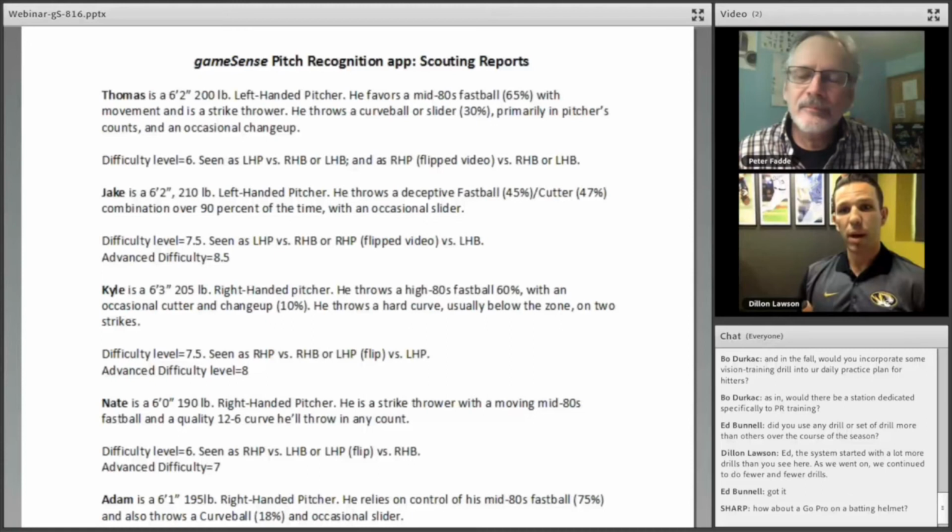We complain about the student of the game being lost, and this really helped recreate it because you started teaching the game in such a detailed way that it opened up these time and opportunities to have these higher level conversations, these more detailed conversations, which a lot of the coaches get excited about.